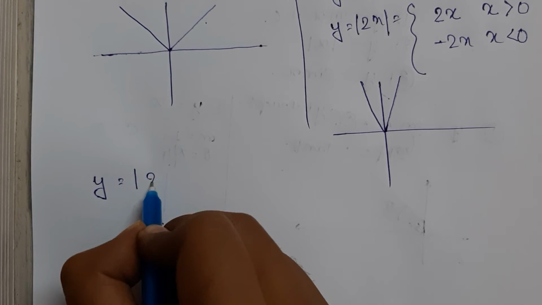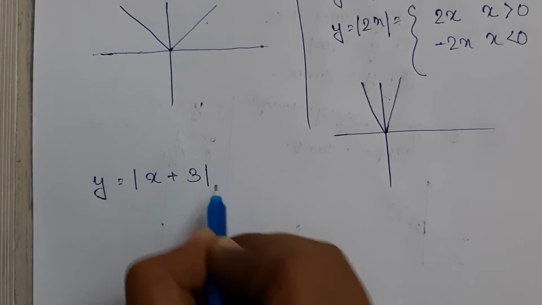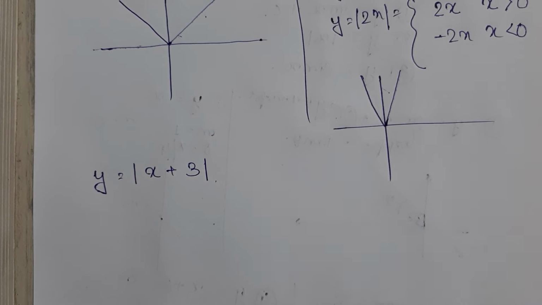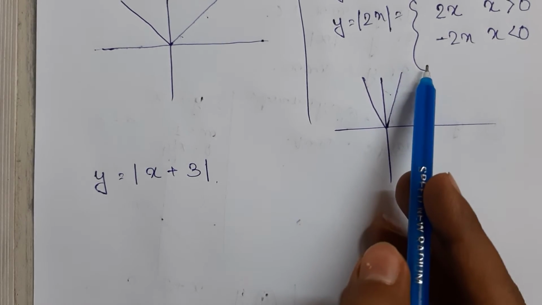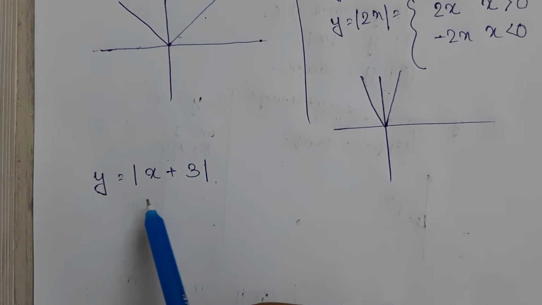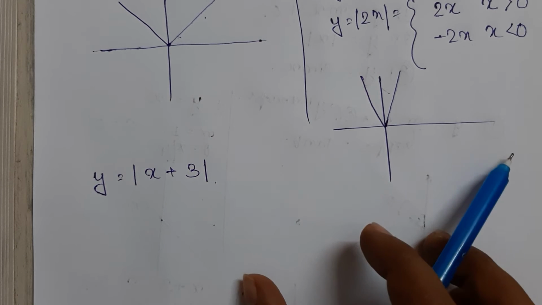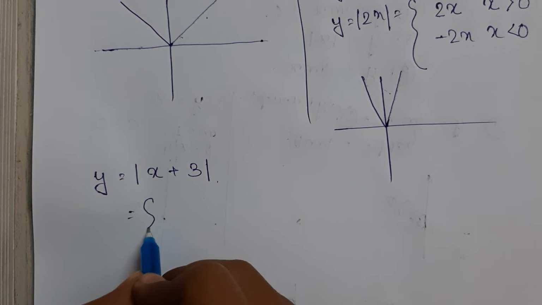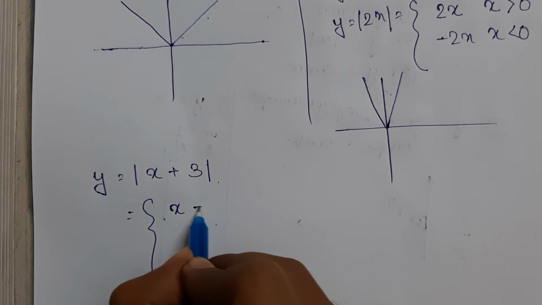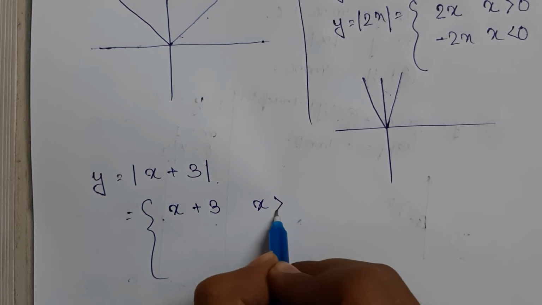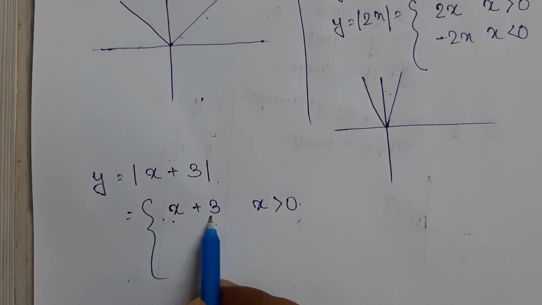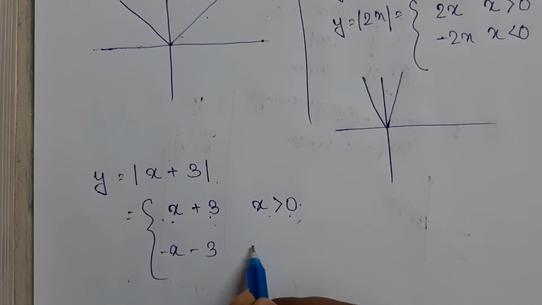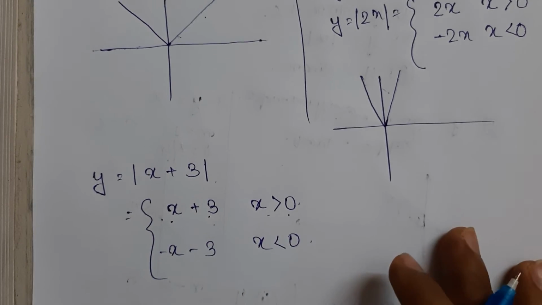Now let us change it like this. What will be the graph change from this? What will be the change in the graph? You may try it, as I have discussed here how you can break it, and as you know how you can draw a straight y is equal to mx plus c, it will fall on. So you can try it. Pause the video and try it. Otherwise you can always check, do it here. It will be x plus 3 when x is greater than 0, and minus of x minus 3 when x is less than 0. It's very easy.